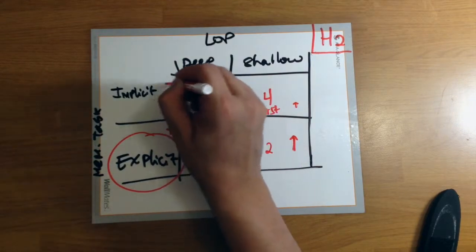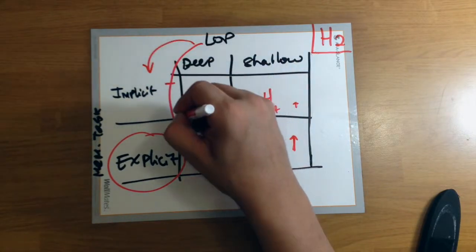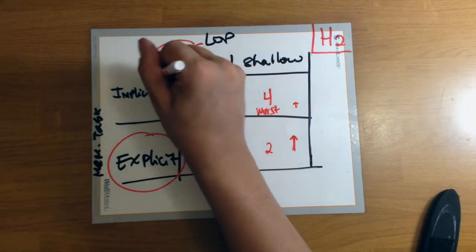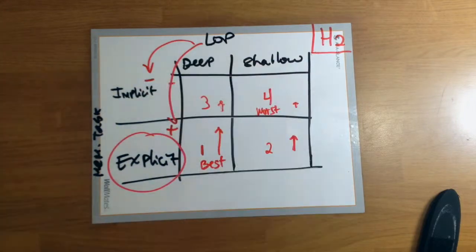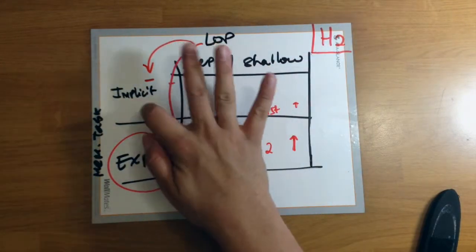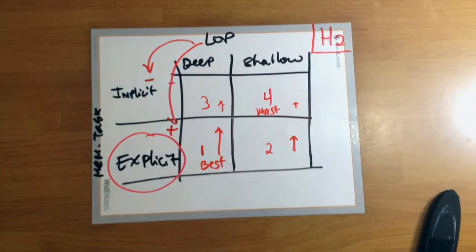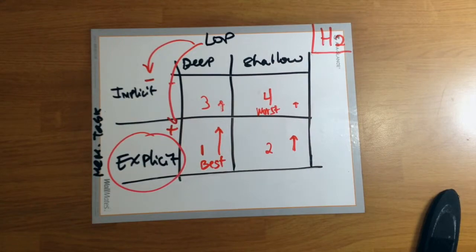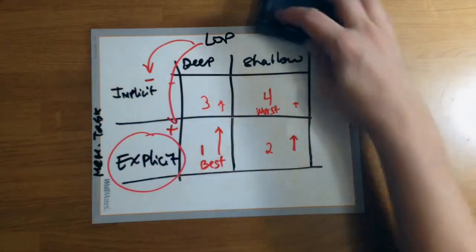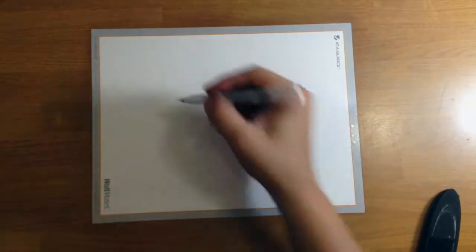So we can do it like this, plus minus, i.e. LOP effect will be stronger. Again, the LOP effects will be stronger on explicit tasks compared to implicit tasks. That's what we believe is going to happen. If we were to try to make almost a graph of hypothesis two, it'll be something more or less kind of like this. It'll be sort of an interaction.